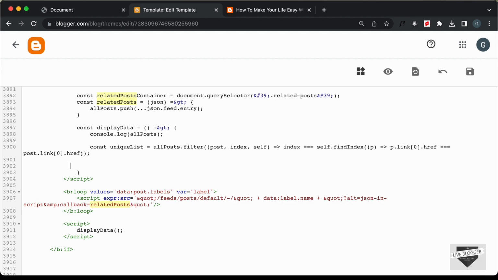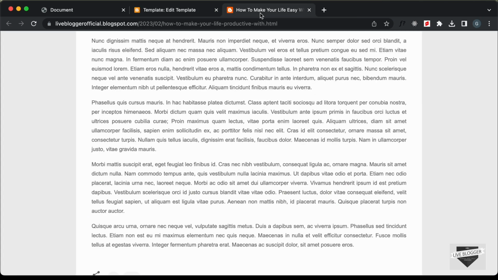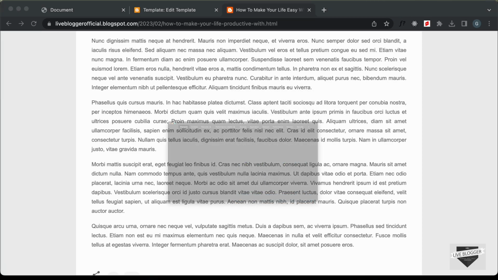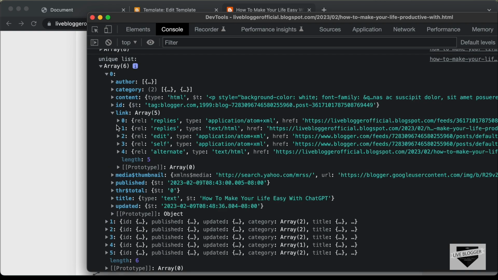So let's see whether we are getting the correct data. Let's type console.log, and here let's type uniqueList. Now let's save this, and let's see whether everything is working all right. Let's go back to our post and refresh this page. Right now, let's right click over here, go to inspect, and go to the console, and here we can see we have a unique list, and in that we have just 6 items in the array. In the original array we had 8 items,